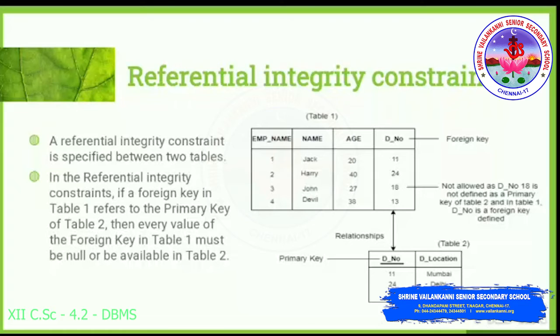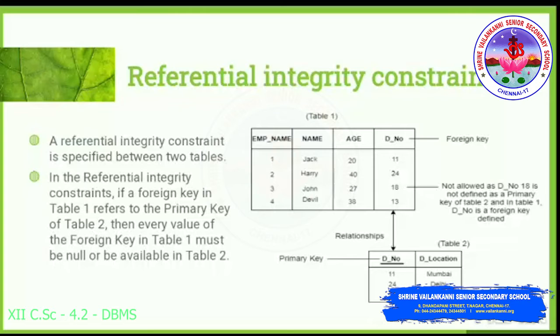So next is a very important topic which we are going to see, and this is a standard board question. Referential integrity constraint. A referential integrity constraint is specified between two tables. In the referential integrity constraint, if a foreign key in table 1 refers to the primary key in table 2, then every value of the foreign key in table 1 must be null or be available only in table 2.